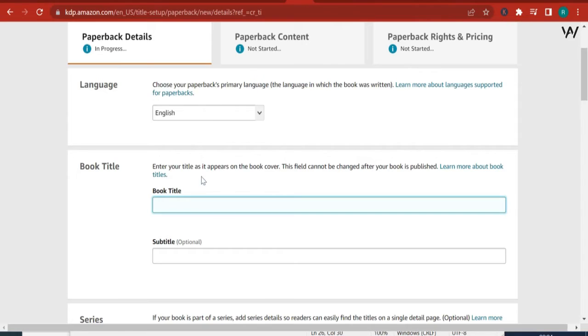That will be our title. And then at the bottom, we're going to add something like a cute coloring book for kids that loves dwarves